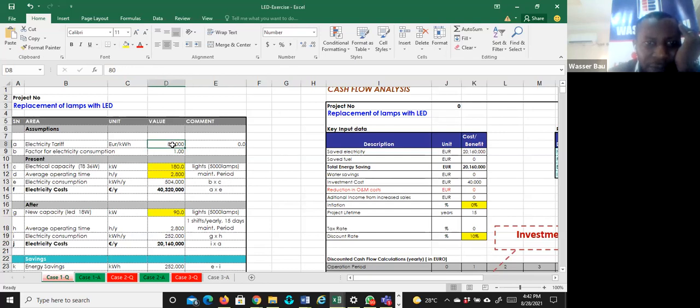The electricity tariff is 80 euro per kilowatt. Factor for electric, this factor is just 1. Leave this factor. It doesn't make much difference. So for the old system,